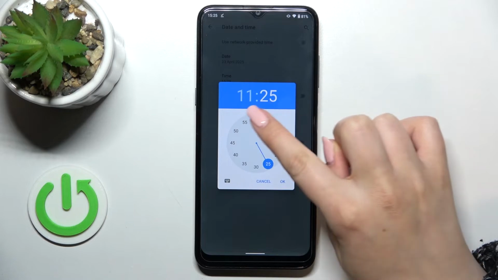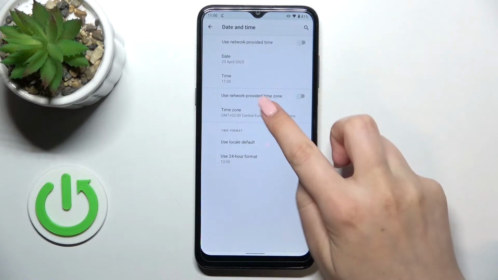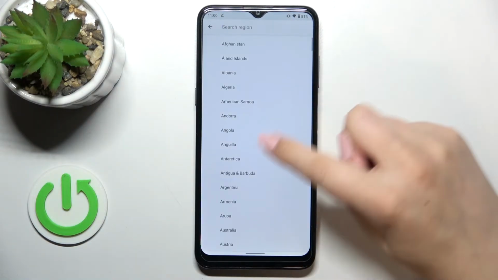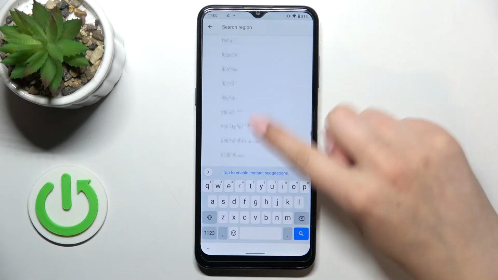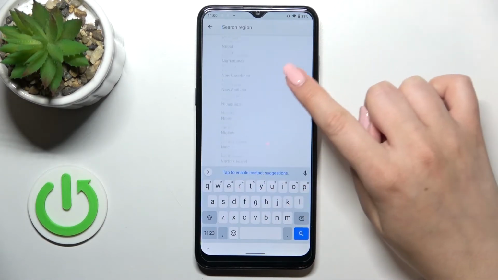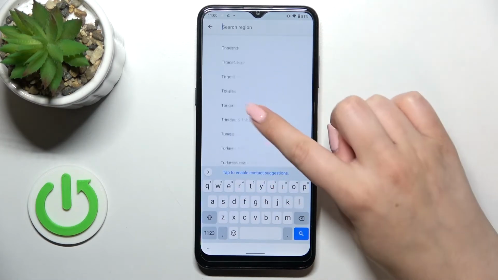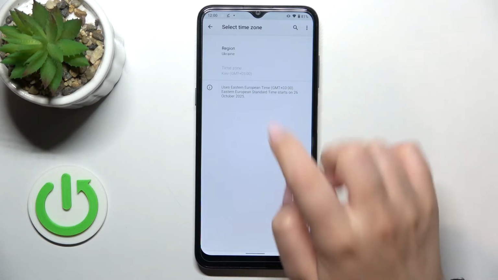From this clock we can pick the one we would like to have on the status bar. As you can see, it will immediately be applied. We can tap on the time zone, tap on the region, and as you can see, we've been transferred to the full list of all available ones. So basically all you have to do is to simply find the one you'd like to set and tap on it. So let me pick, for example, randomly maybe this one, Ukraine,